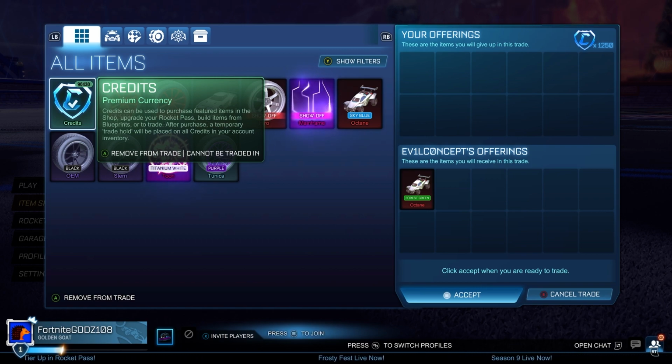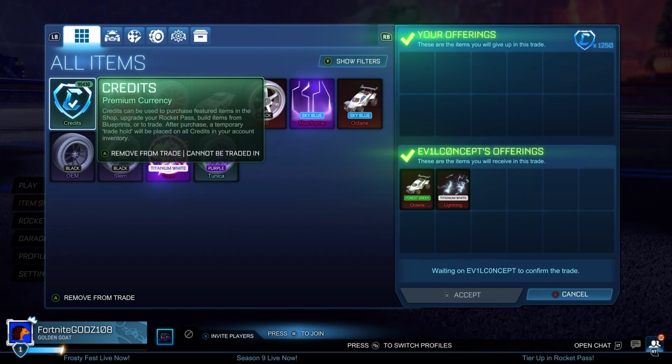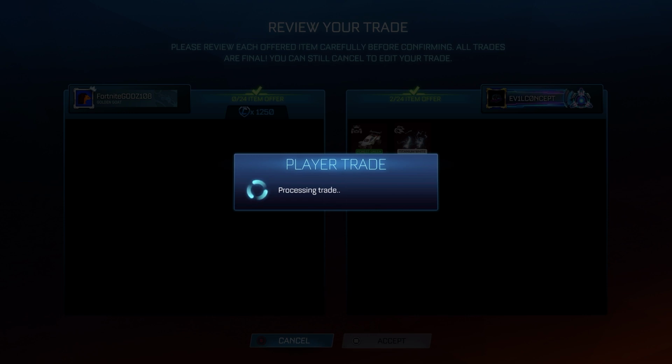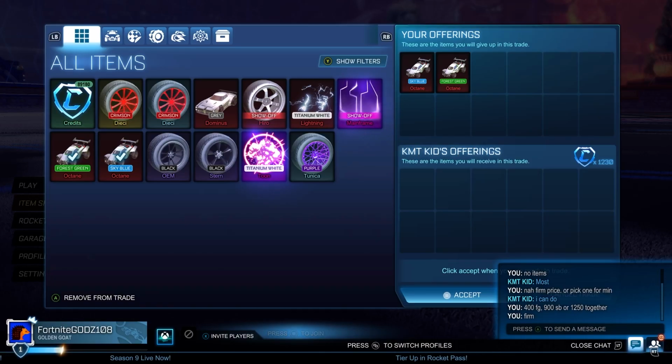Now we also pick up a Forest Green Octane and also a White Lightning in this trade, which I believe is really good. I've had the White Lightning before. It was hard to sell, but it's valued at 1.6k. This trade together, both of those items value at 2k minimum value. We're paying 1,250, 750 below the minimum value, and also the Octane is going to be extremely easy to sell on,